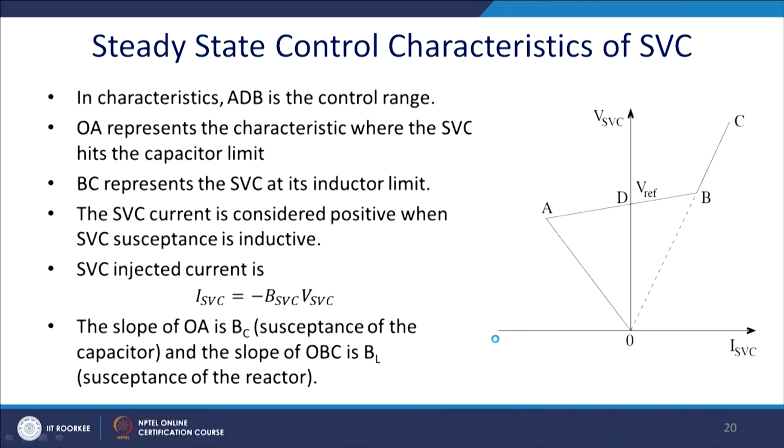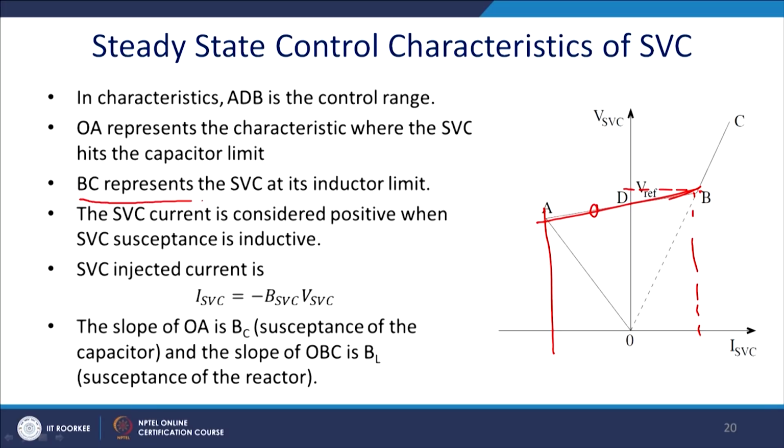So, this is actually the combination of compensations. The inductive value will be a little bit more, and you have a maximum value of current that can pass through the thyristors for the TCR. This portion is the TCR compensation, and this portion AD is the capacitive combination. So, the characteristic ADB is the control range, you can have this kind of control range. With less current you can go to a little higher voltage instead of the capacitive, but when fully capacitive, you have a little bit of drooping in the voltage compensation.